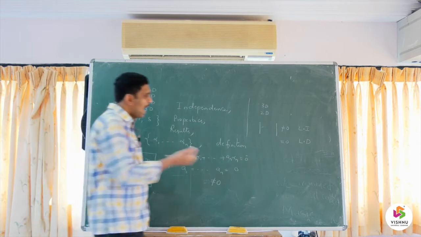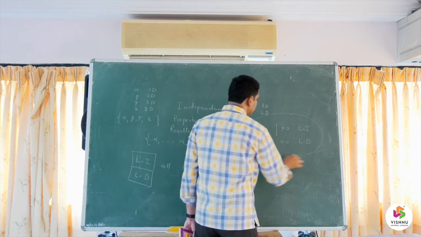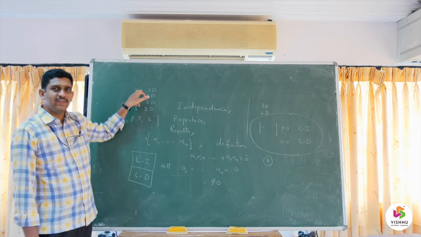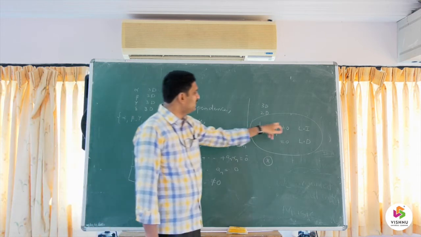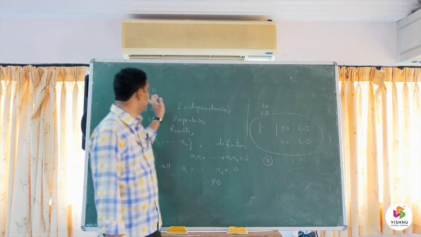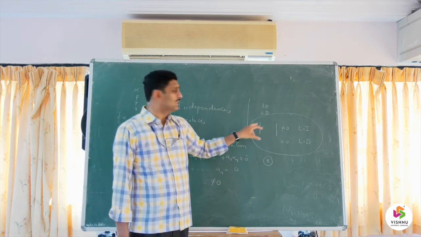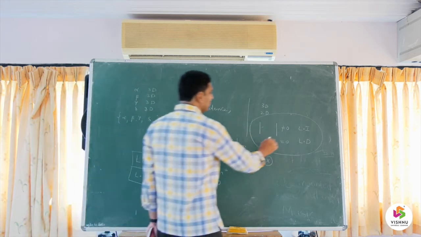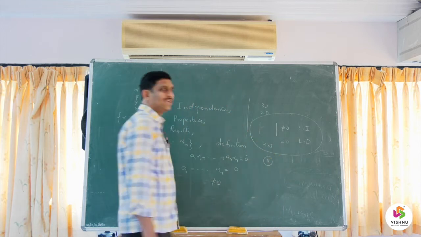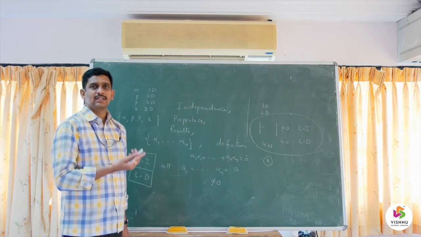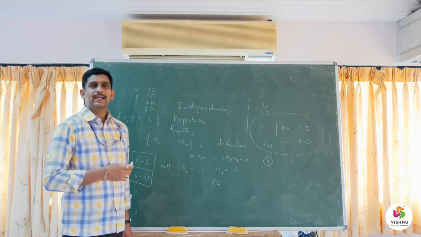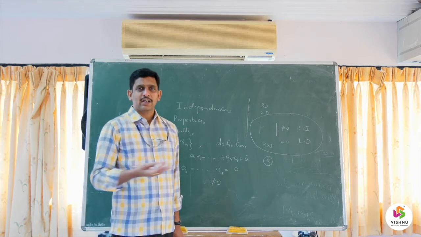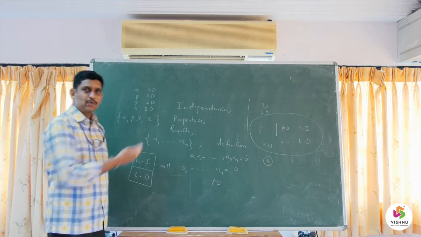then what happens? Application of this approach is not possible, because whenever 3 vectors are there, you will get a 3 by 3 matrix, since each one is a 3-dimensional vector, and you are able to calculate the determinant of the matrix. If 4 vectors are there, you will get a 4 by 3 matrix. How do we calculate its determinant? There is no specific method to calculate the determinant of a rectangular matrix. In fact, for a rectangular matrix, we do not calculate the determinant at all. So, this approach is not useful.